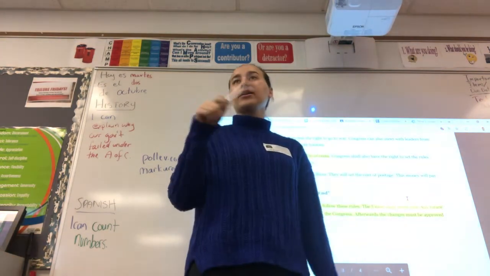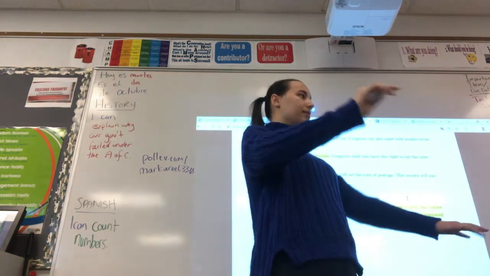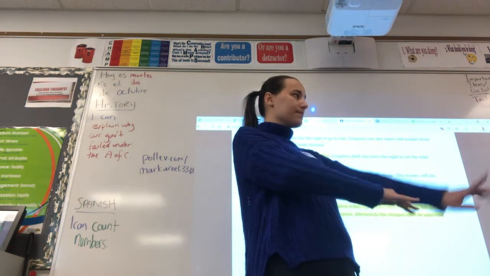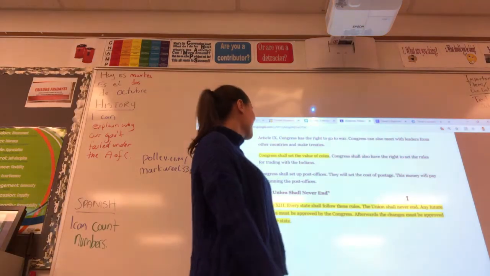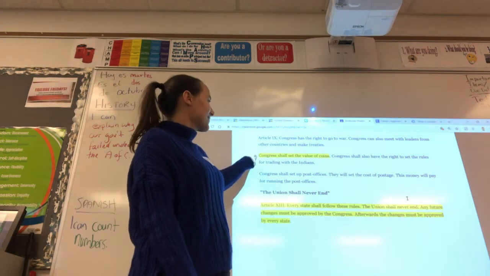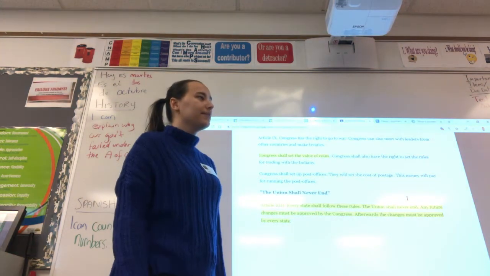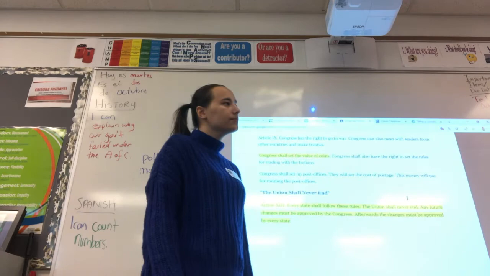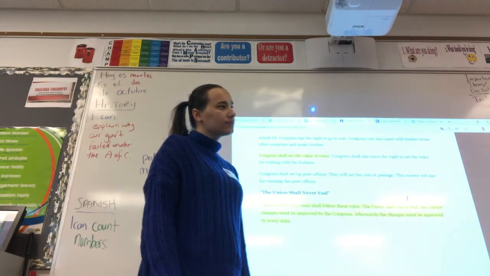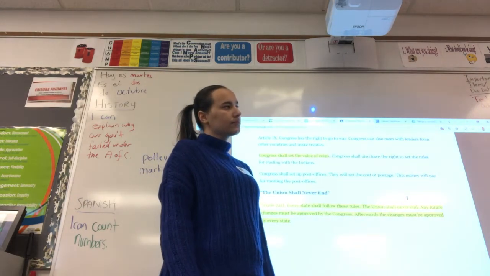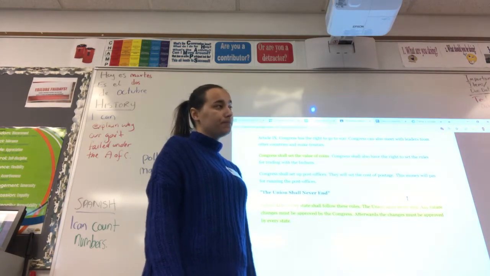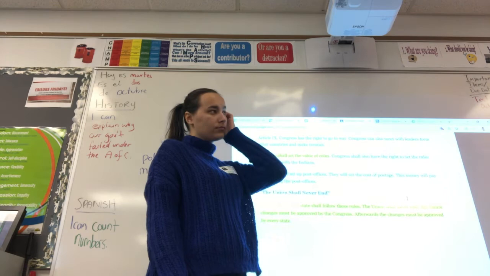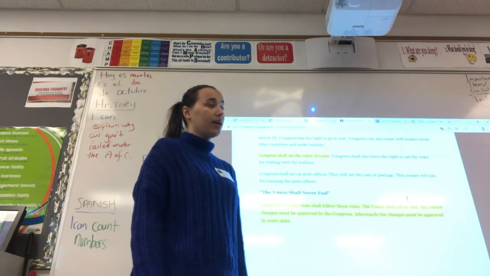Ready? So now we're looking at Group 3's. Someone ready to talk? Okay, so Congress shall set the value of coins. So that's not right because they could say that a penny is worth $100. Inflation. Yeah, and then right after they buy something, they could change it back. Yeah, that's a good reason.